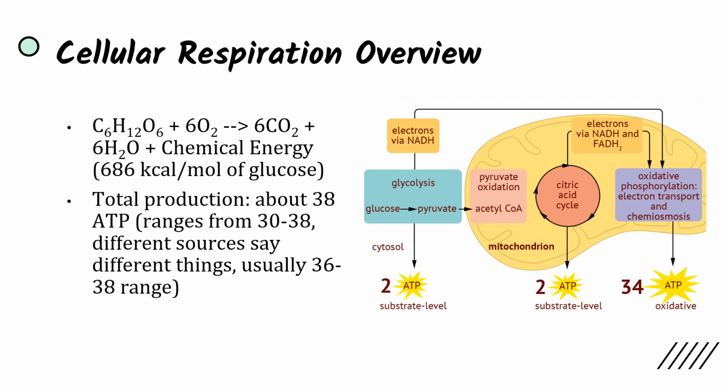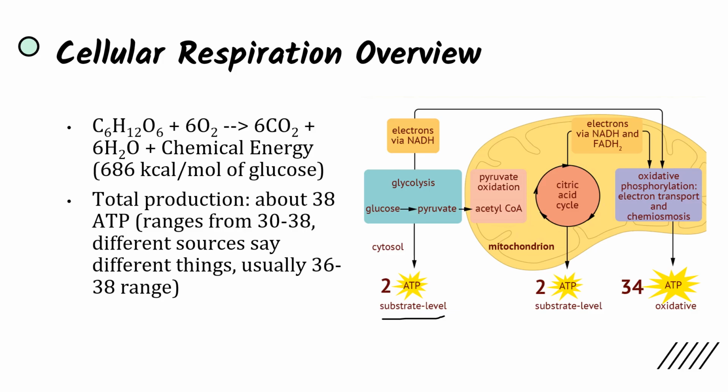Now looking at it as a whole, in glycolysis, we broke glucose into 2 pyruvate molecules, we made some NADH, and we produced 2 ATPs at a substrate level, meaning before we've entered the oxidative phosphorylation, before the aerobic steps. Next, in the link reaction, we formed acetyl coenzyme A, some more NADH, and we got rid of some